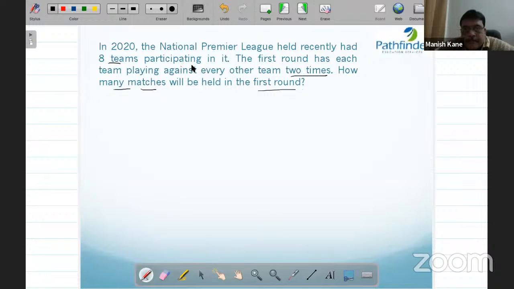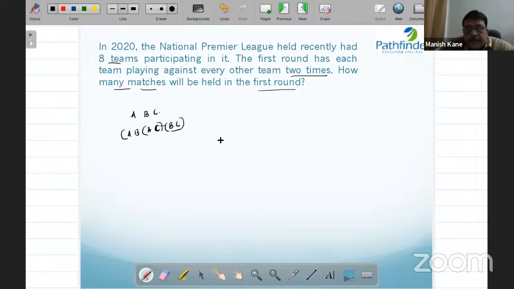If you have 8 teams participating and every team plays against every other team. Okay, let me simplify this question for you. Suppose there were only 3 teams, A, B, and C. So if every team would play against every other team, A would play with B, A would play with C, and B would play with C,